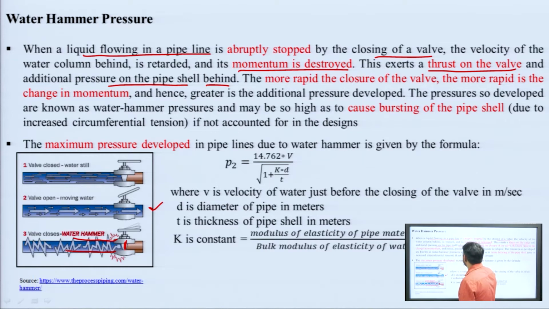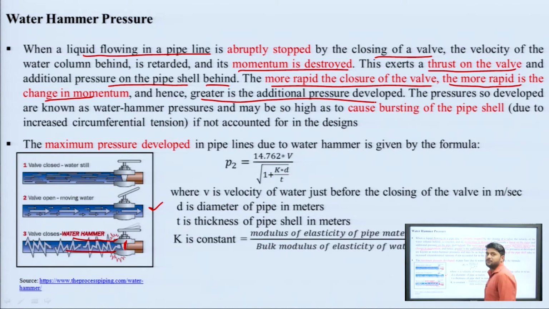And what results? The more rapid the closure of the valve, the more rapid is the change in momentum and greater will be the internal pressure developed. Meaning, the more rapid the closure of the valve, the more rapid the change in momentum and the greater the development of additional pressure, and this pressure so developed is known as water hammer pressure. The pressure developed because of the sudden closure of a valve will be known as water hammer pressure,